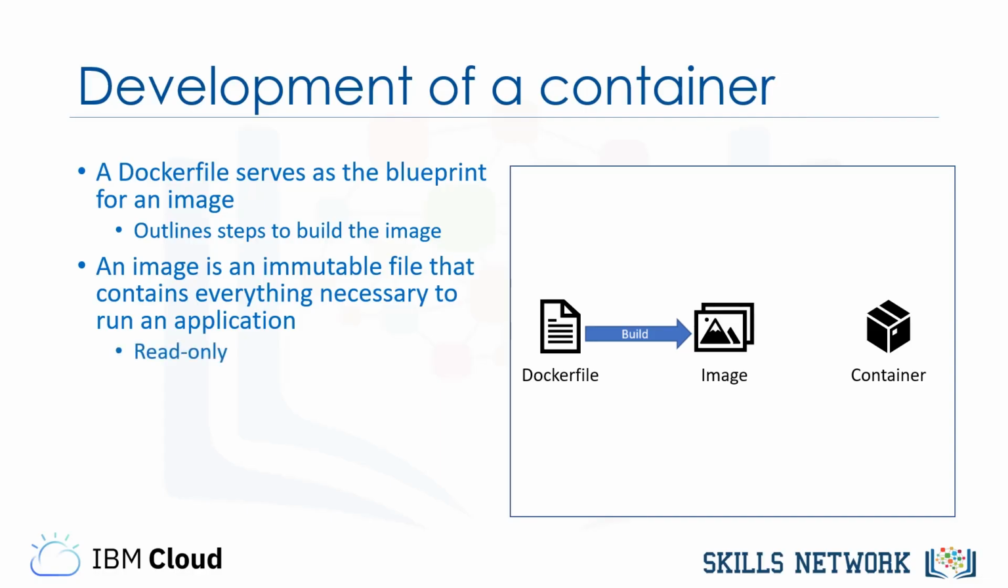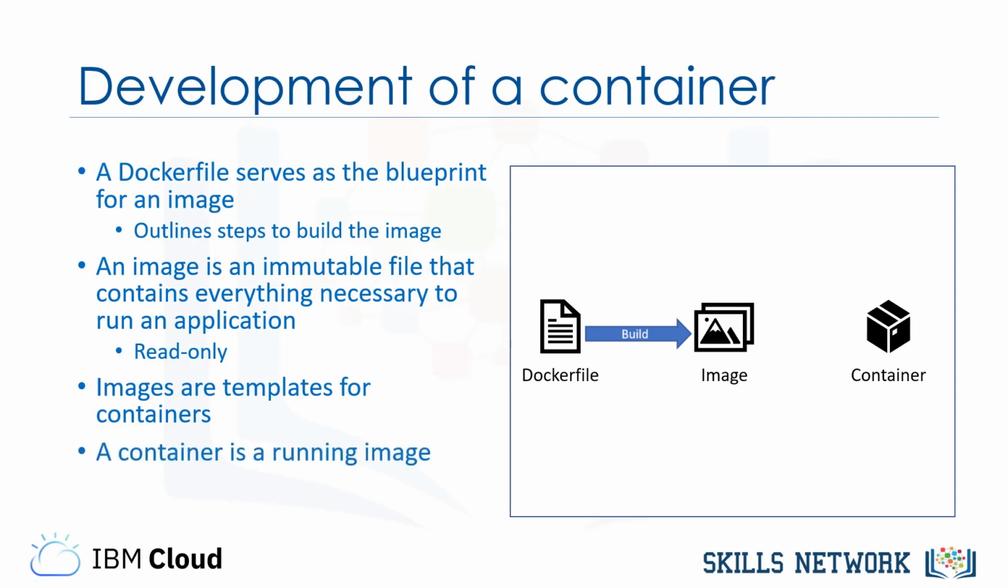In a sense, images are templates or blueprints for a container. You can also think of images as snapshots of a container. A container is therefore a running image. Since images are read-only, a write layer is placed on top of images to enable the container to execute. To relate this to object-oriented programming, an image is like a class, and a container is an instantiated object of